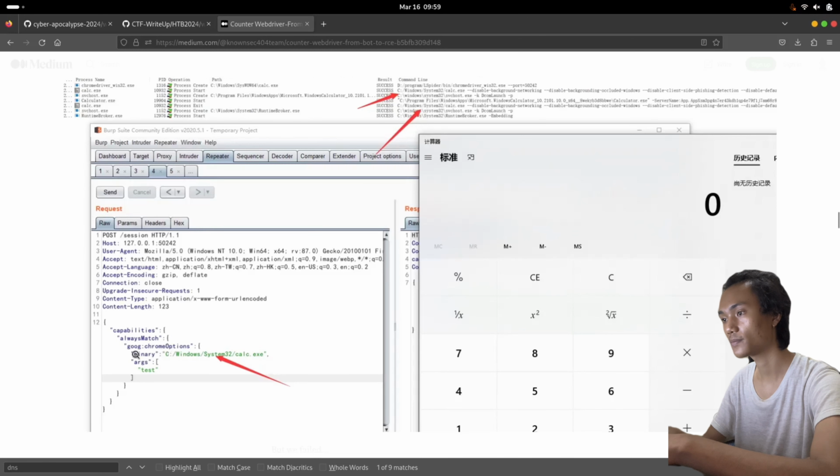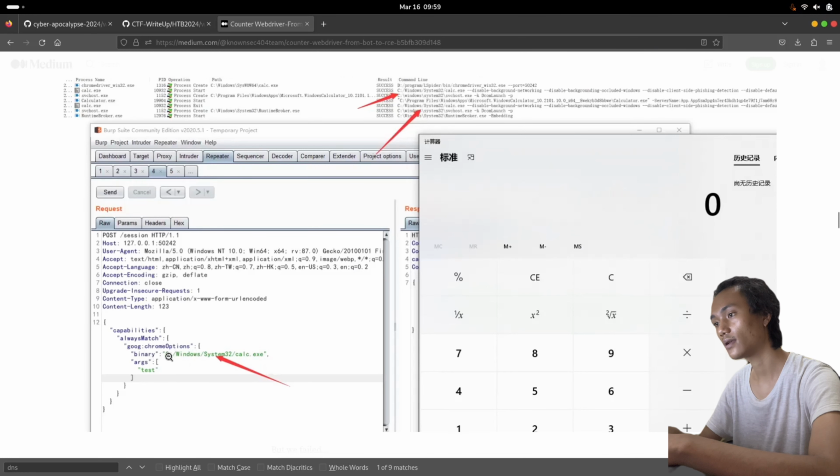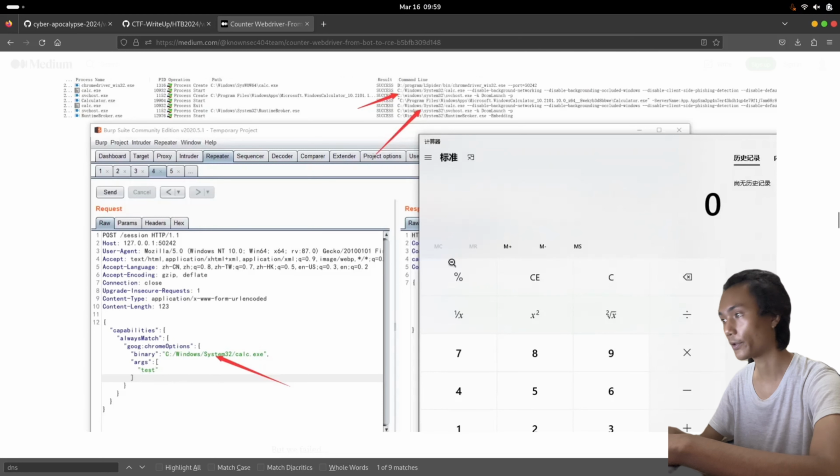Capabilities alwaysMatch and so on, and the binary is the binary file that we will run, plus the arguments. So we can see here the binary was forced to system32 calc.exe. This is Windows, and the calculator will be opened.